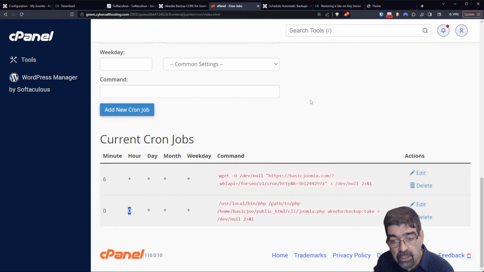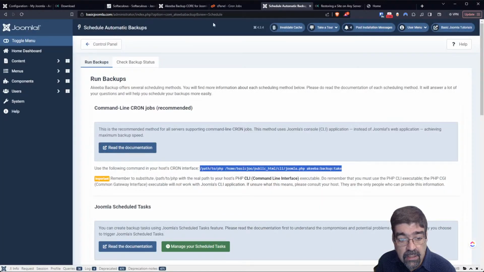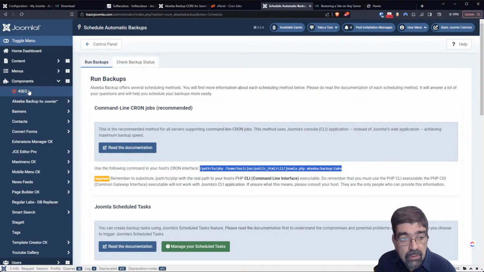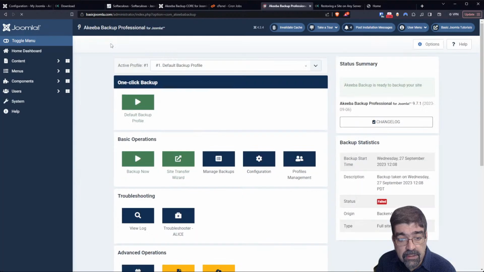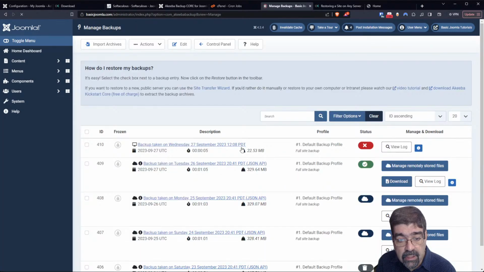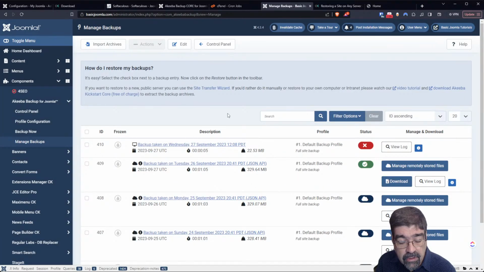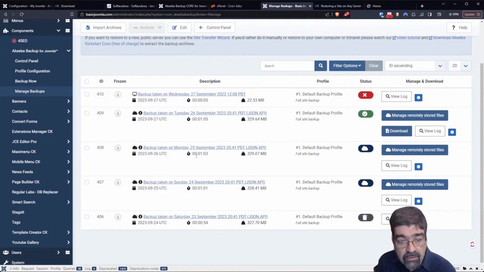All right, so in my control panel, it just runs around and around, looks for something to run, and it says, oh, I should run this rule, and it will run a backup. And it's always at midnight, which means that if we go back to here and go to components, let's go back to control panel, manage backups. The time of the backup is always, so